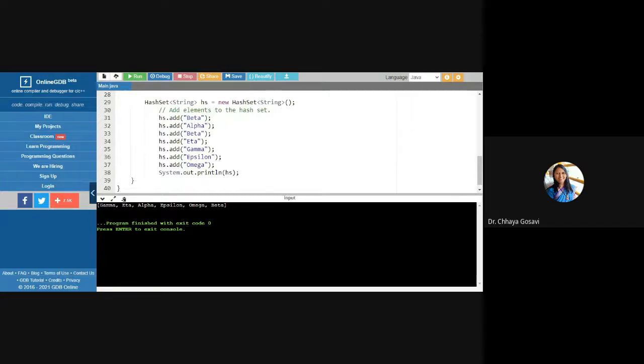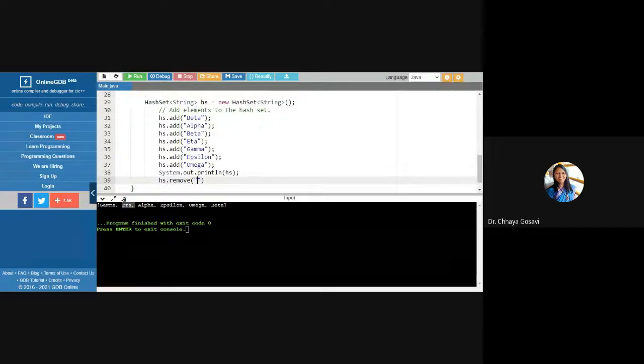And this is not an ordered set. We added beta at the starting location, but it has put gamma at the starting location. Doesn't matter. So the sequence is also different from what we added. And to remove an element, it is the same, HS.remove. The functions are the same.